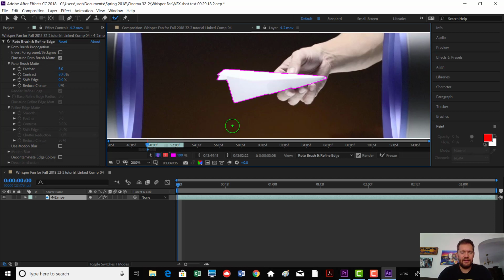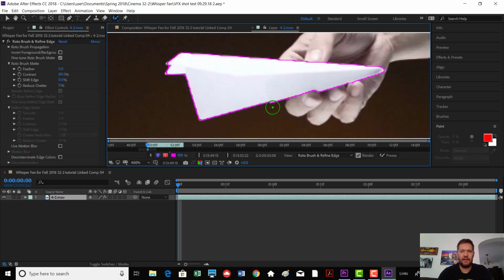Once you've got this selection, you need to advance forward frame by frame, and After Effects will follow the plane, and your job is to make sure that this mask you've created stays in the right spots along the edge of the plane. To advance forward and backwards, it's the number 2 and the number 1. So as I hit number 2,